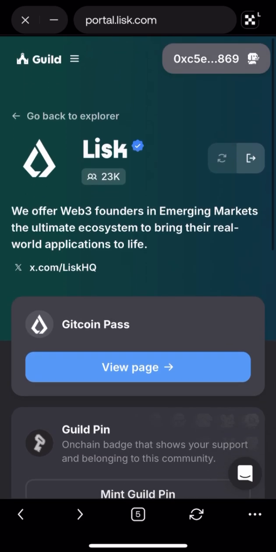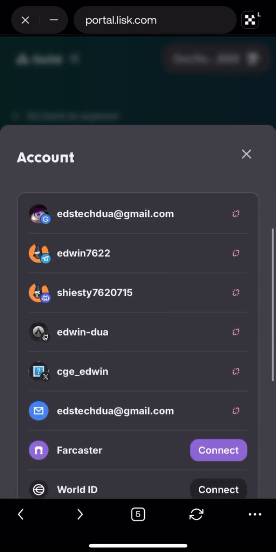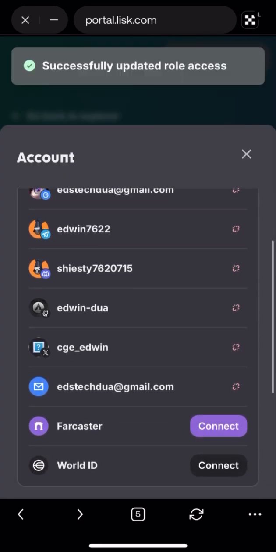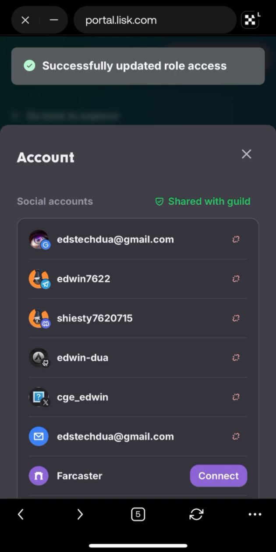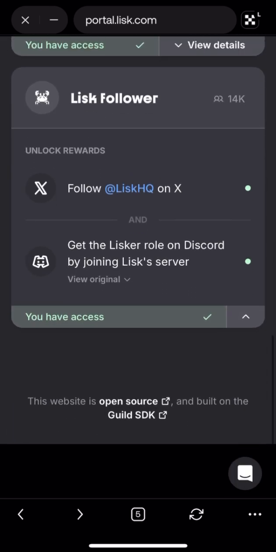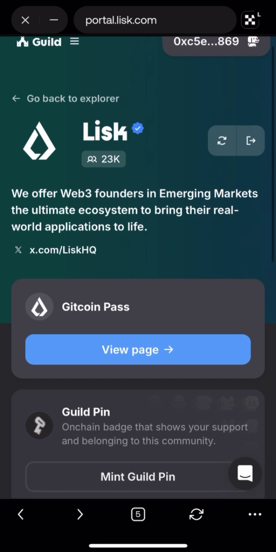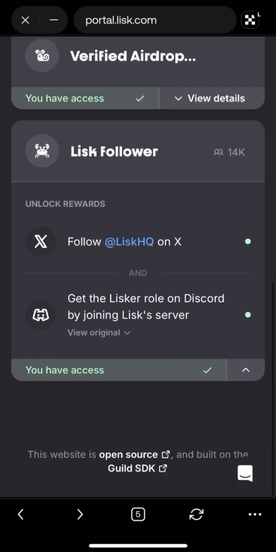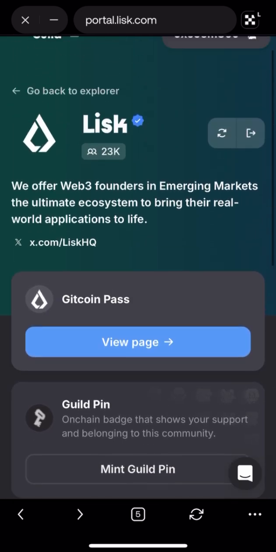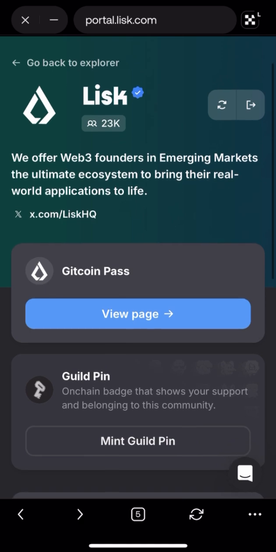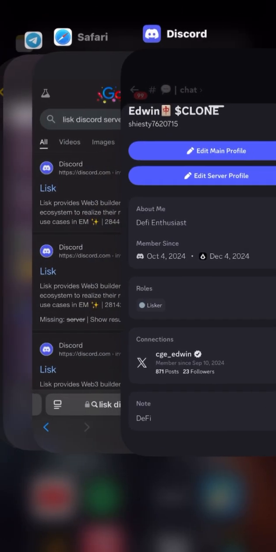And make sure guys, when you come on guild, make sure you've linked all your socials. Okay, link every social. You can see I just got it. Okay, so we are good to jump in the airdrop now. Okay, that's all for now. So after verifying and completing all these quests on guild, you have to go back